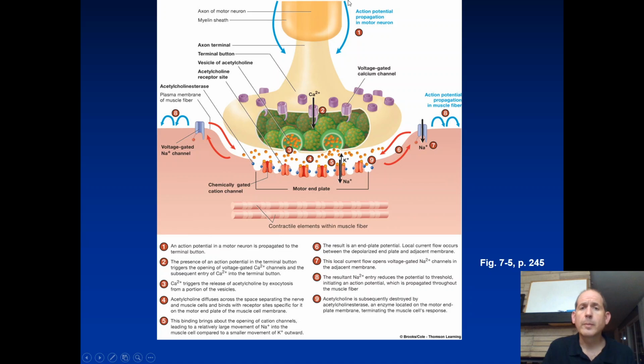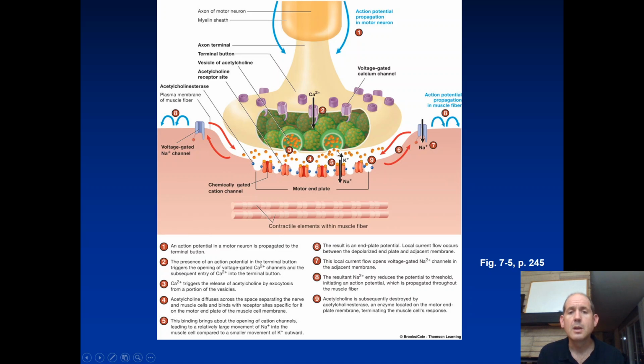And so the events at the neuromuscular junction are first action potential propagation down to the terminal button via saltatory conduction. All of our motor neurons are myelinated. At the terminal button we have voltage-gated calcium channels. The events here are, again, very similar to those we observed at a synapse. So voltage-gated calcium channels open, and calcium enters. Calcium is going to signal release of vesicles of neurotransmitter, but in this case, the neurotransmitter is a specific neurotransmitter,